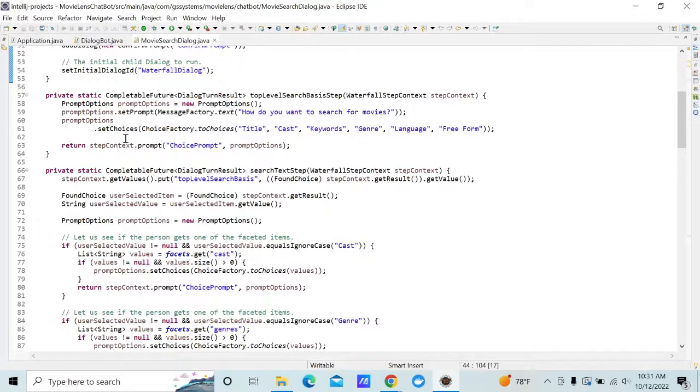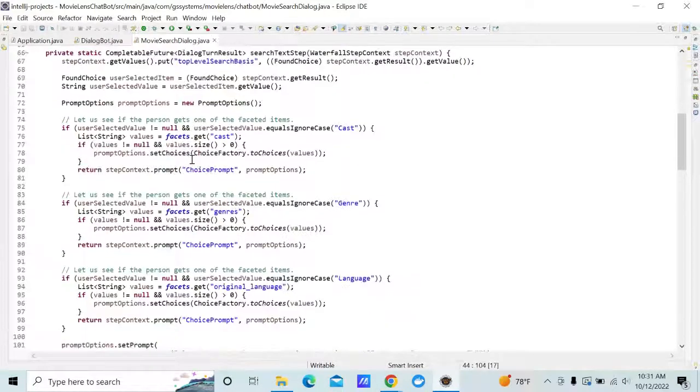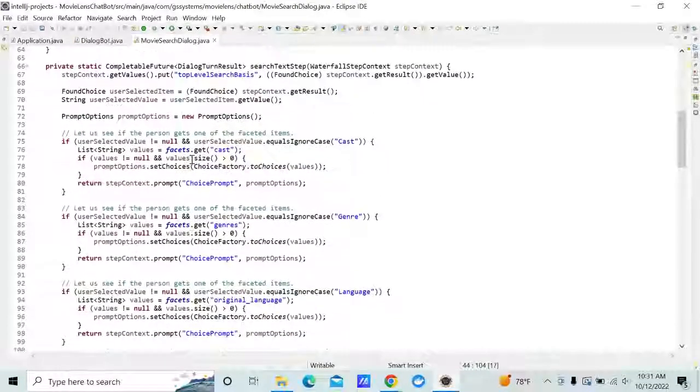So that's the higher level, big picture view of the dialogue, right? That starts off. And you can walk through the code here. And this is where all the interaction